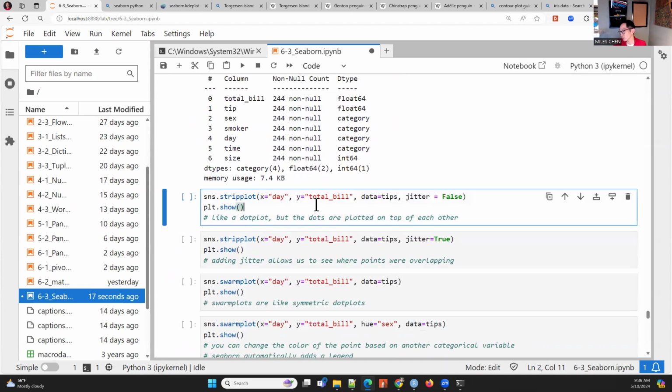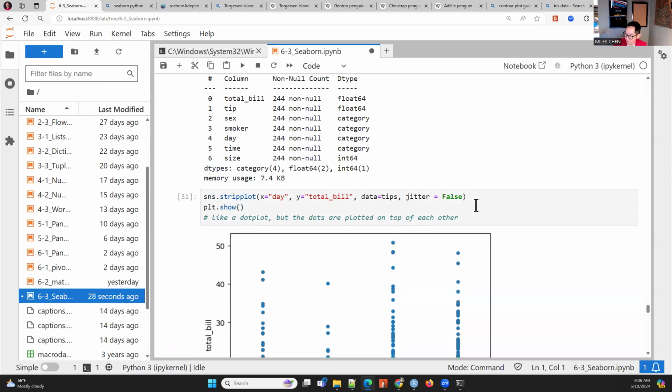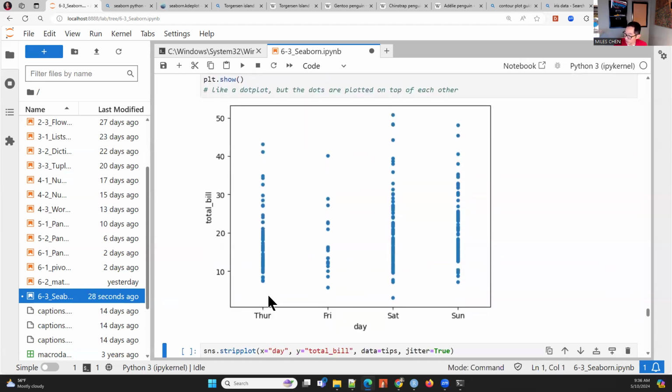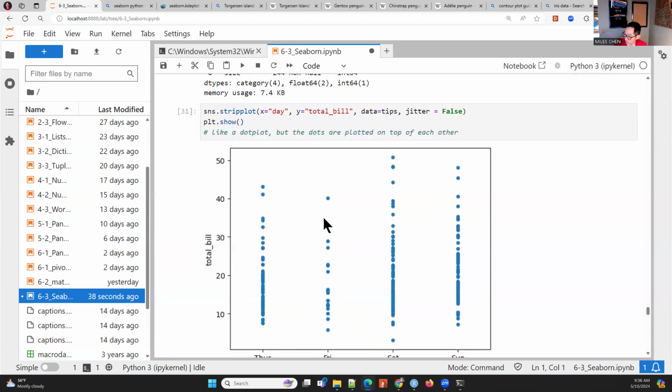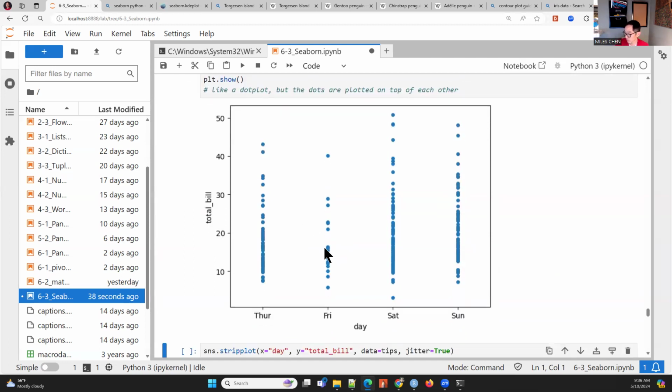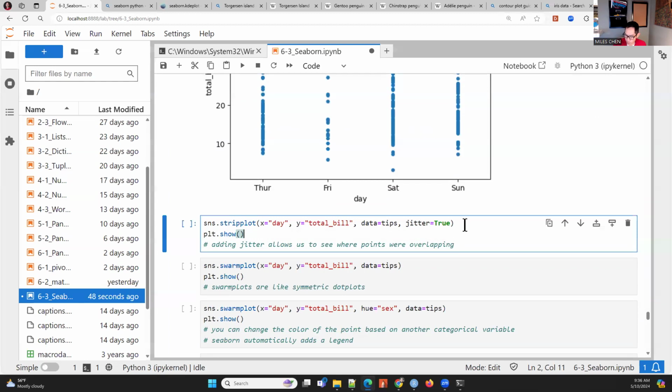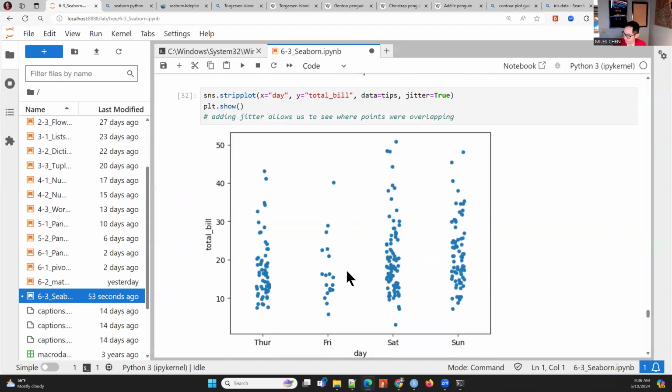Okay, we have something called a strip plot. I don't know why we call it that, but this is just going to be like a dot plot. Here we're going to put day on the x-axis and total bill on the y-axis, how much they spent. I guess we only got data on Thursdays, Fridays, Saturdays, and Sundays. We can add jitter, jitter equals true. This gives us a little bit more spread. And we can see, okay, yeah,